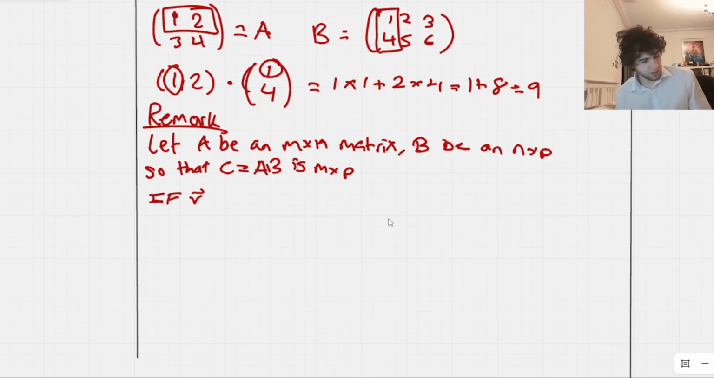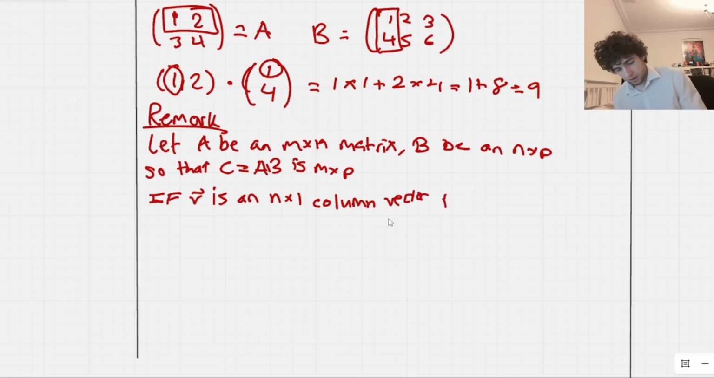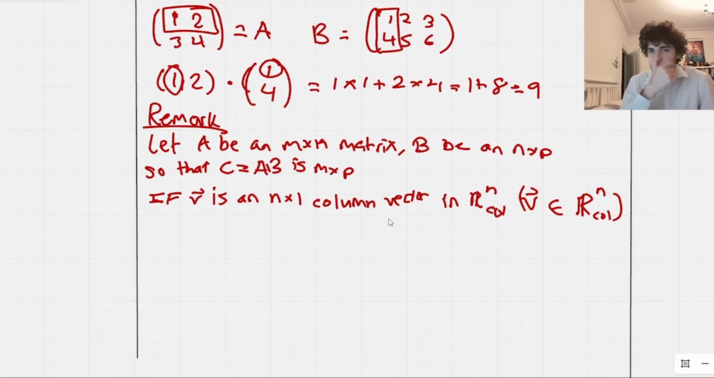So if v is an n by 1 column vector in R^n col, like this, to effectively mean the set of all column vectors with n components. So it's a set, right? So I could also have said this: I could have put v as an element of that set, right? That's also fine. So if I take a column vector in my set of column vectors with n components,